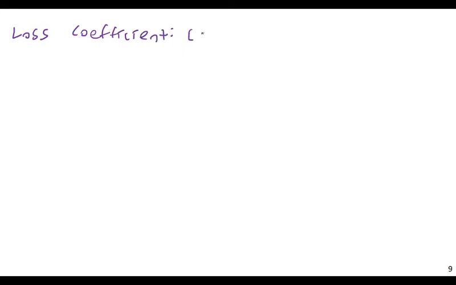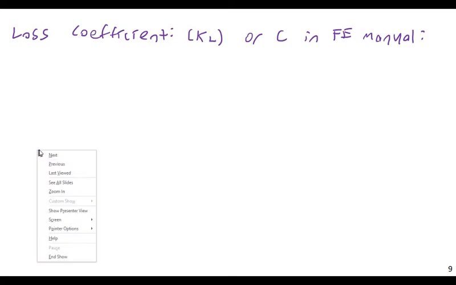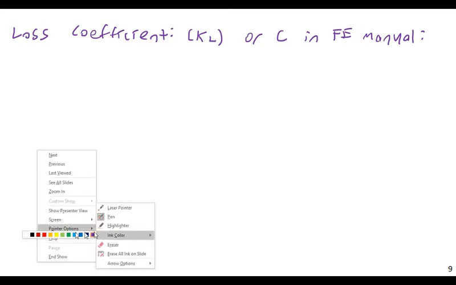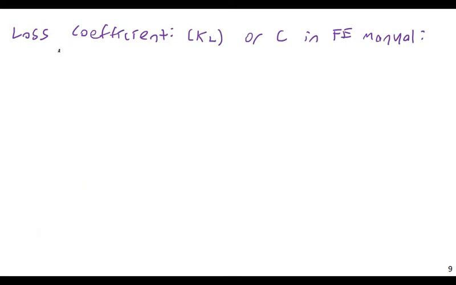And this would be KL in the book, I believe, or C in the FE manual. And so you'll have to look up a series of, these will always be presented in table form. I'm sure you can find similar tables like that in your textbook or in the FE equation manual. And essentially you'll find tables that list different types of restrictions for different coefficients for things like pipe restrictions or pipe components, expansions, contractions,